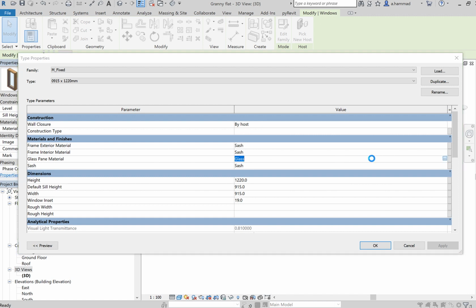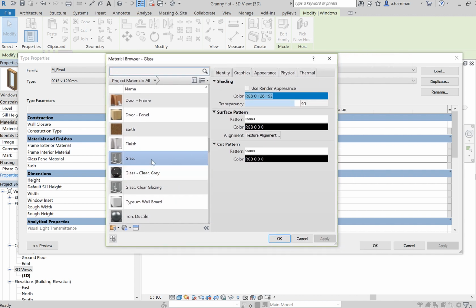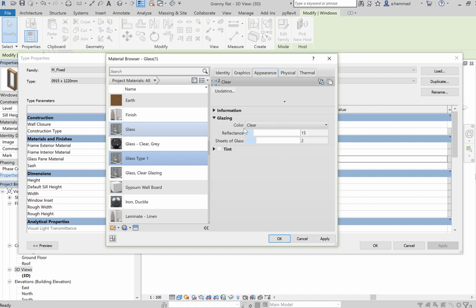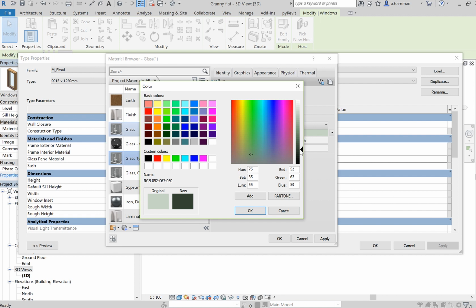If I click on that, on the properties of the glass, I can specify the exact nature of that glass. One way of doing that is to duplicate it and call it glass type 1, and I go to the Appearance tab. Now the color over here has been chosen as clear. You can change that to custom and play around with the color. So the darker the color, the harder it is for the light to pass through it. And if we were to select a lighter color, maybe